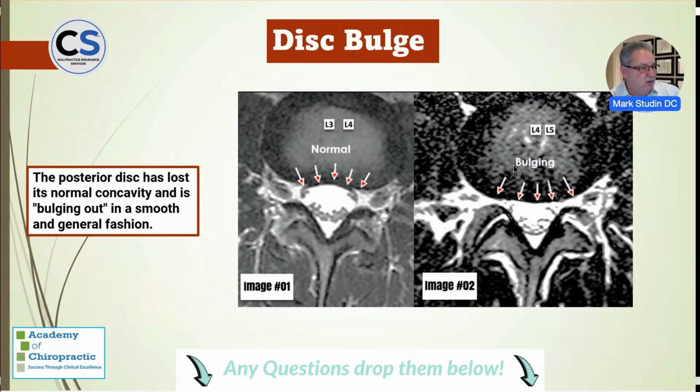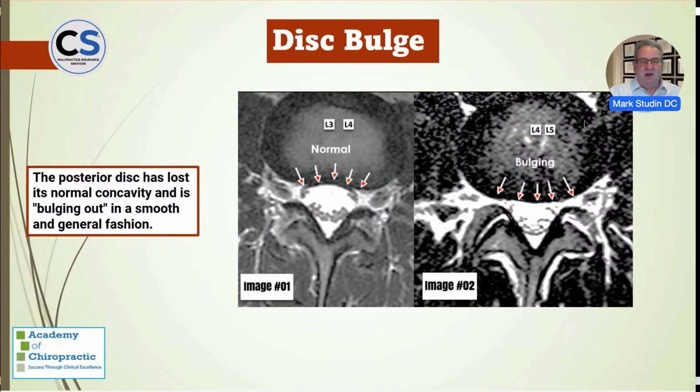Now, again, let's just do a little bit of anatomy. Here's your disc, and you can see the high intensity zone, HIZ, which is the nucleus pulposus, the low intensity zone or low signal, which is the annulus fibrosus. And you don't talk about lights, darks, you say high signal, low signal, high signal, low signal, and this is normal. So what we also see here, these are your neural canals.